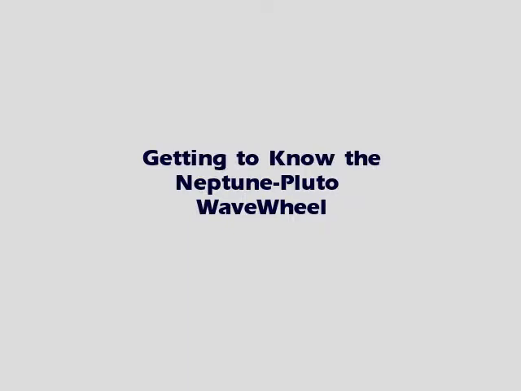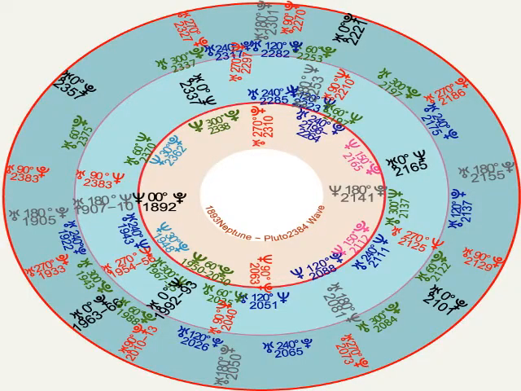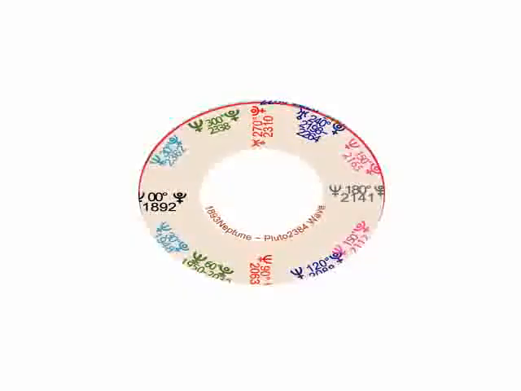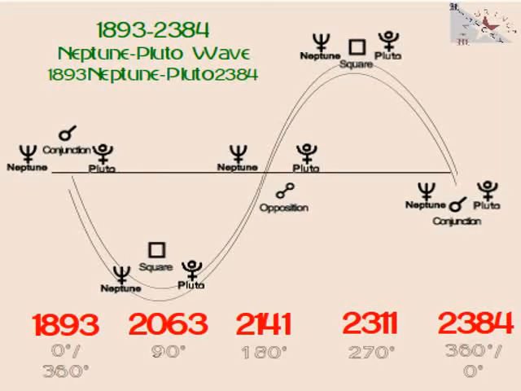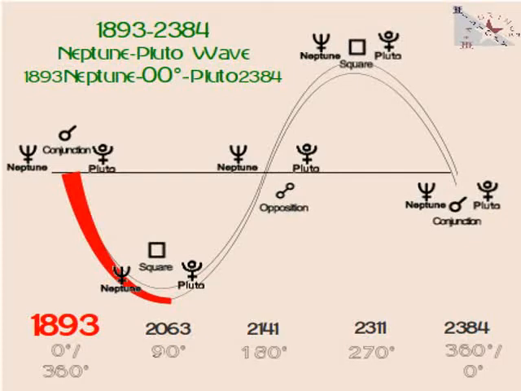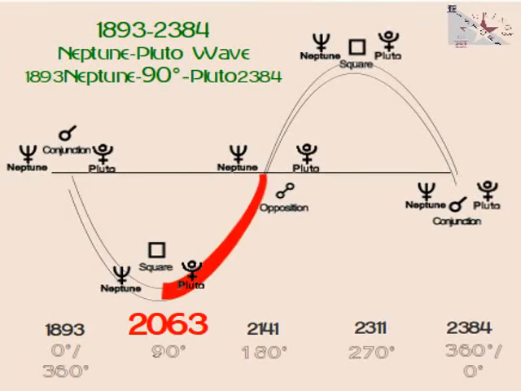Well, a lot of you probably don't even know what a Neptune-Pluto wave is. It's an imaginary wave used to measure the span of history between Neptune-Pluto longitudinal conjunctions of 495 years. And what this tutorial will demonstrate is that each of these Neptune-Pluto waves has a unique signature that makes Neptune-Pluto waves a great